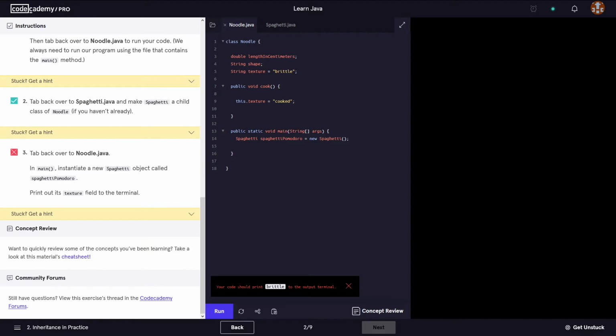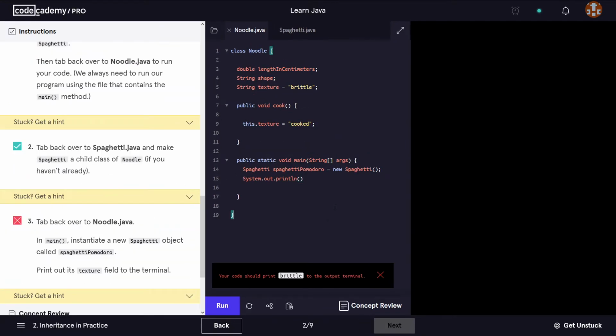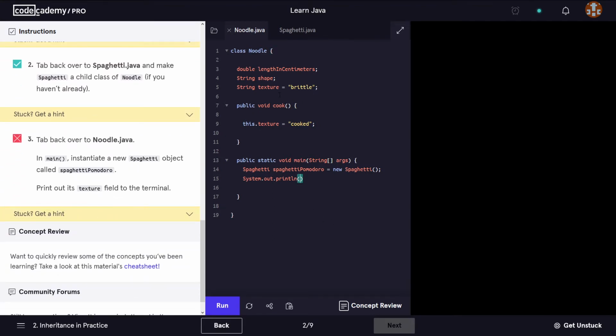So it says your code should print brittle in the output terminal. Well, of course, we haven't. I didn't get to read the whole requirements of this task. So what we need to do is to print out the texture to the terminal. So we say System.out.println. I'm gonna increase the font a little bit to make it easier to see. And now, how do we access the texture field? Well, we say spaghettiPomodoro.texture,